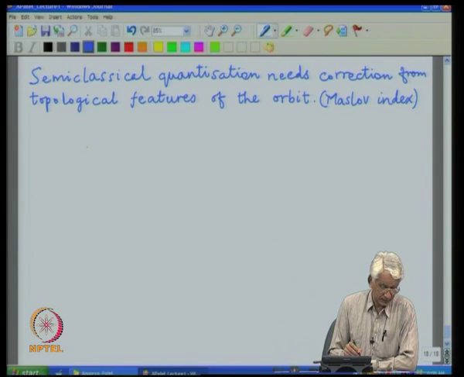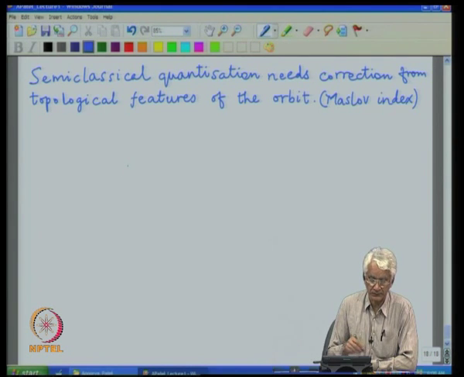In the case of orbits which are open, and the angular orbit p phi d phi actually is open, it goes from 0 to 2 pi and keeps on going around and around. The quantization number is an integer, but for an orbit which has turning points,